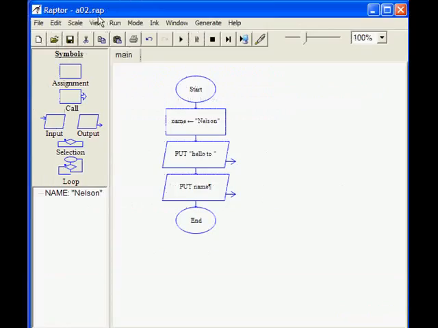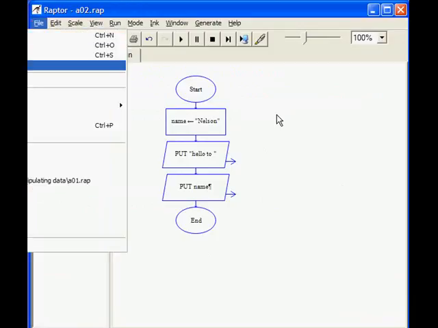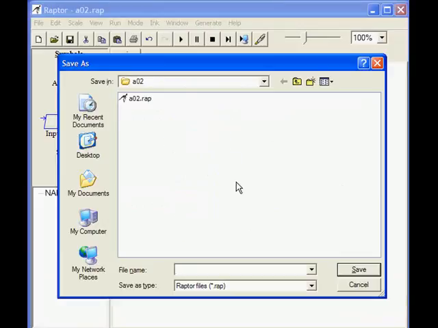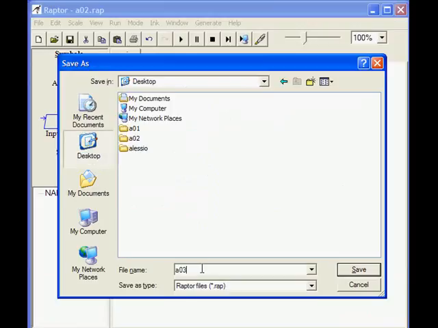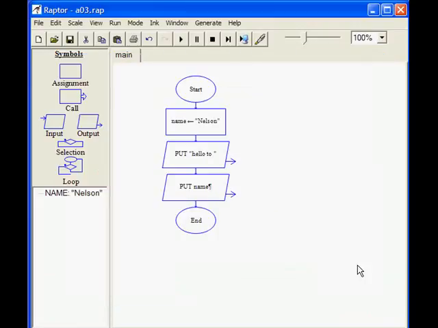This is the code of exercise A02, Raptor flowchart. I'm going to save as, go to the desktop, and call it A03. And I'm going to start with this. So the idea is I'm still reading the name, I'm still assigning an arbitrary name to the variable name, but instead of doing two puts one after the other,